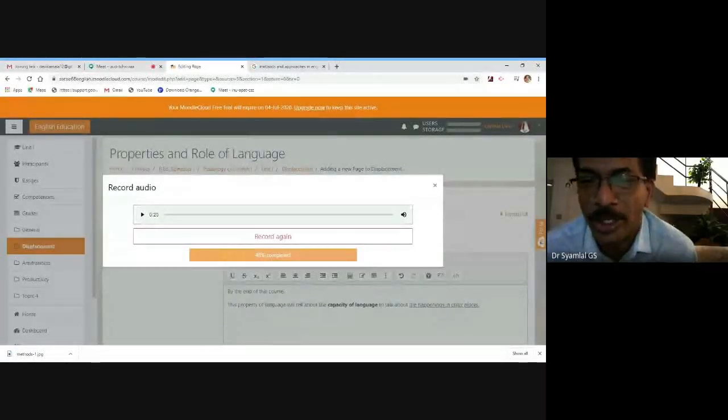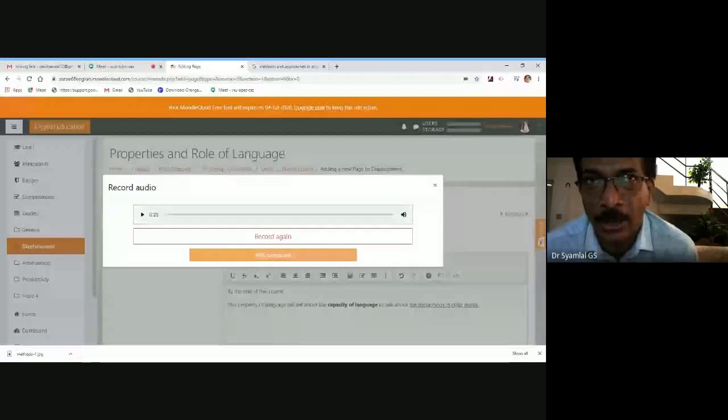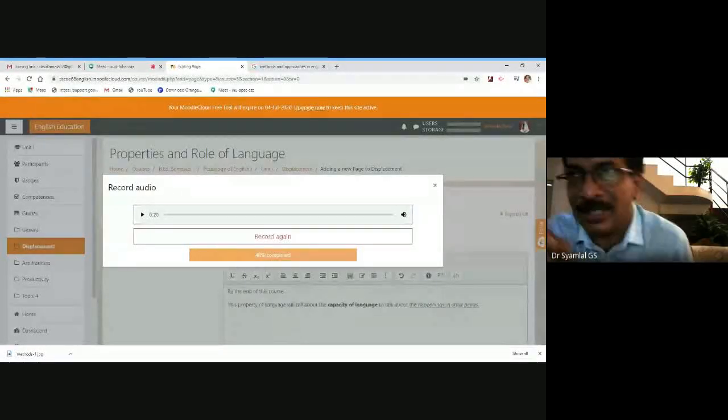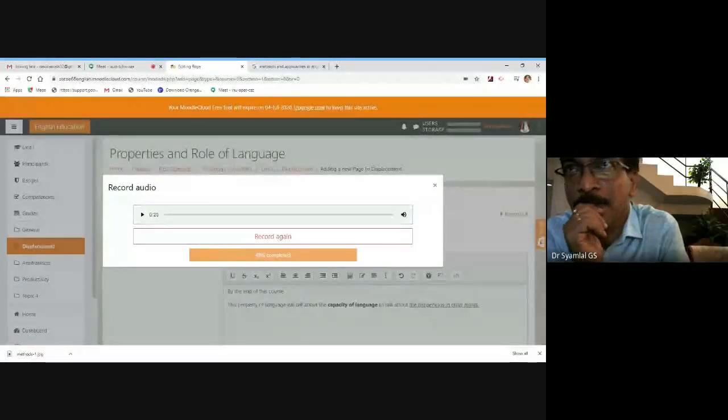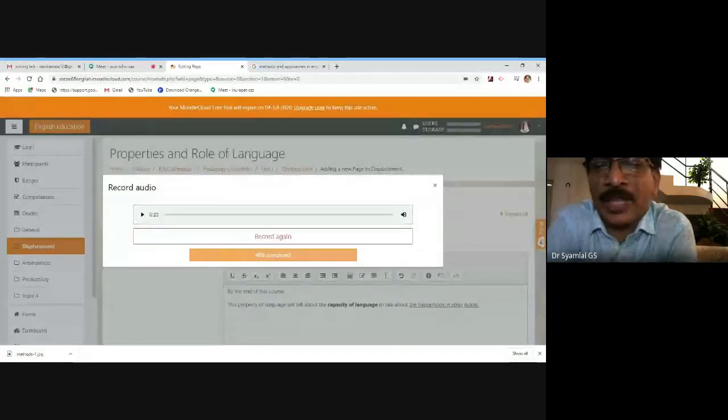If you have already attached, click onto that audio file and delete it, or go back and do the process again. Don't worry, you can create another page in place of that if you are not able to do that.